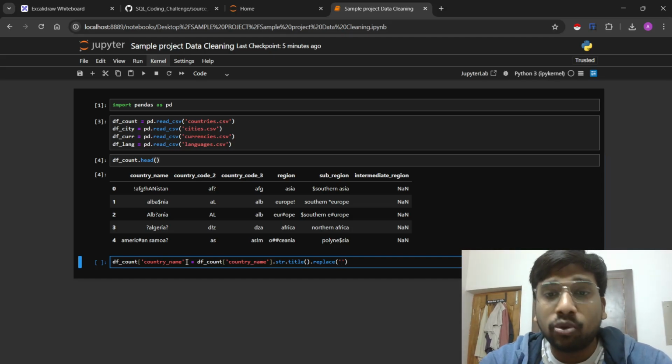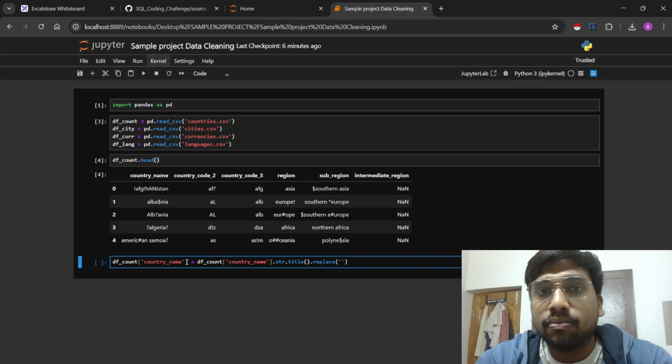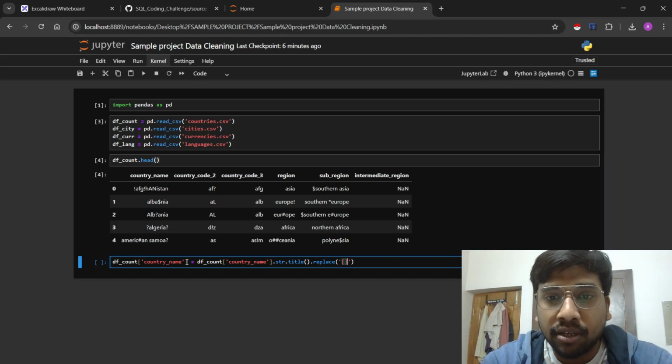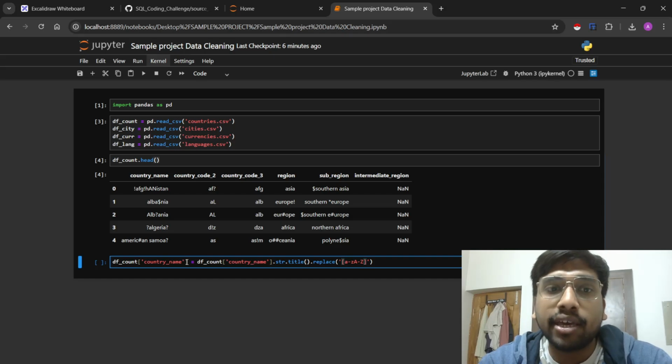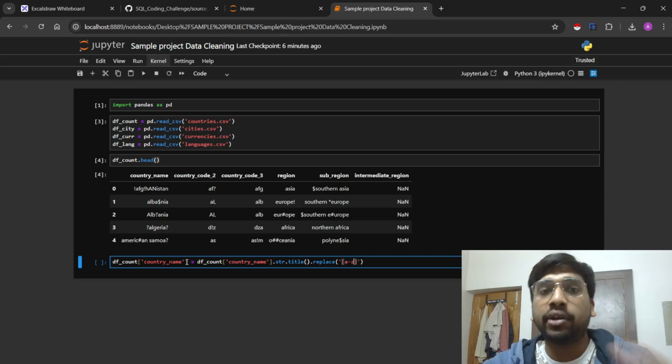Now first, to remove all the special characters, this is the function. We'll first write a to z and then capital A to capital Z in case there are any capital letters. Okay, we do not want to remove capital letters. Why? Because we have already done dot title and it will capitalize the first letter.